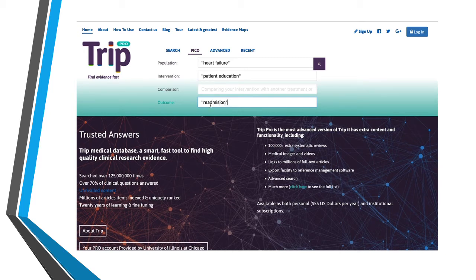So you'll see here that I need to spell readmission right. I have two S's. Make sure whenever you're reviewing your search terms that you're entering in the correct spelling. And here we have all three concepts represented in our search. So I'm going to click on the microscope,